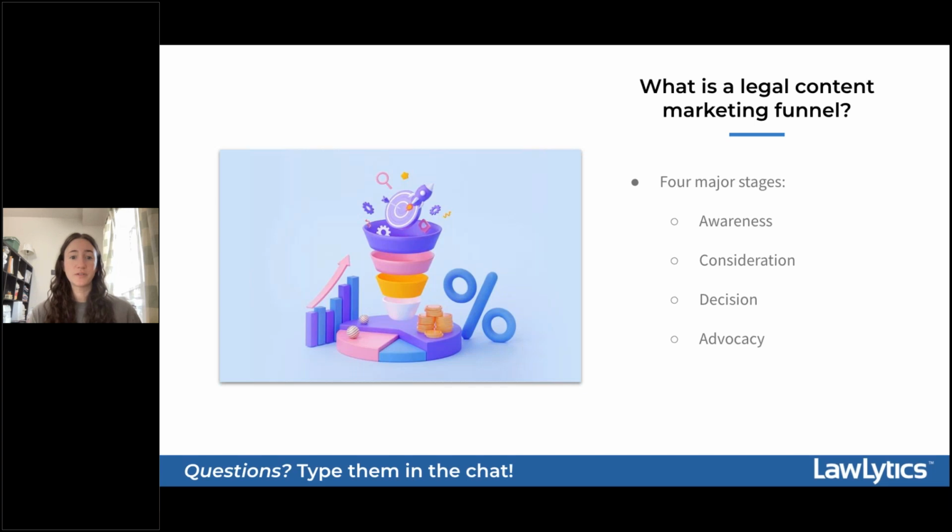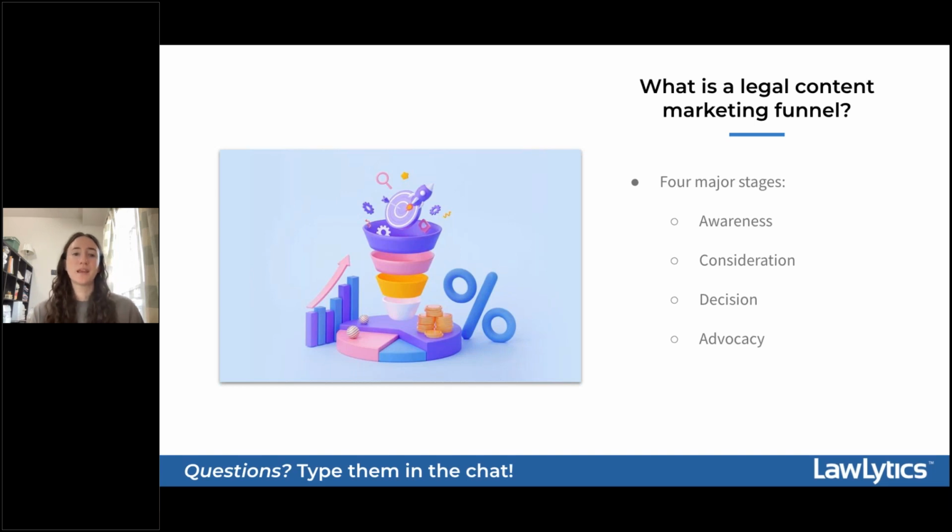Awareness is the first stage in your legal content marketing funnel, and at this point, a potential client is either aware that they need to seek legal representation or they're attempting to research a legal problem that they may be experiencing. For either reason, a potential client will then connect with your website through a search engine by a relevant search query, as we mentioned earlier in today's presentation.